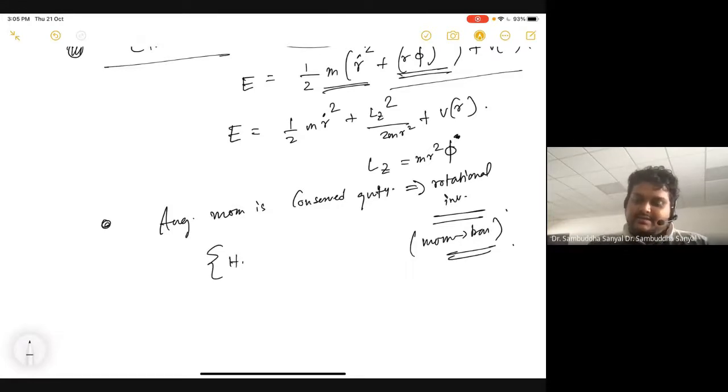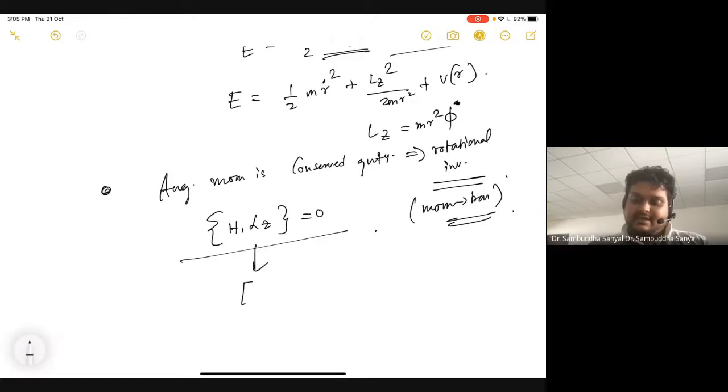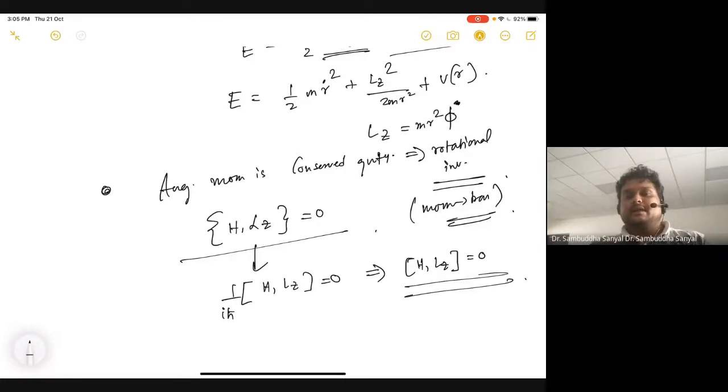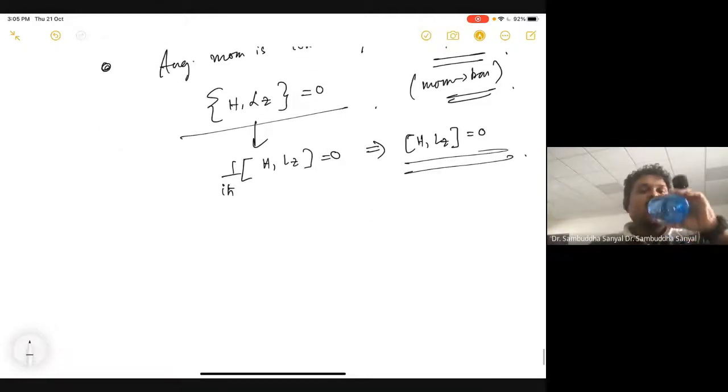And we know when that happens, the Poisson bracket of these two quantities is 0. And as we have discussed earlier, we can always transport these classical relations to a quantum relation by saying that the commutator of H and Lz is i h bar times 0, and that is basically [H, Lz] = 0. So that is one simple way to know why I expect this to be like that. And then of course I can show it rigorously that it is indeed like that. But before doing the calculation, my naive expectation from the classical structure of the problem is that this must be like that. Okay.